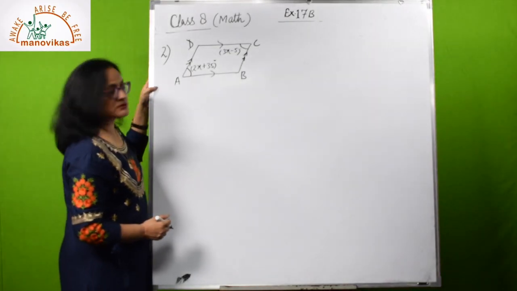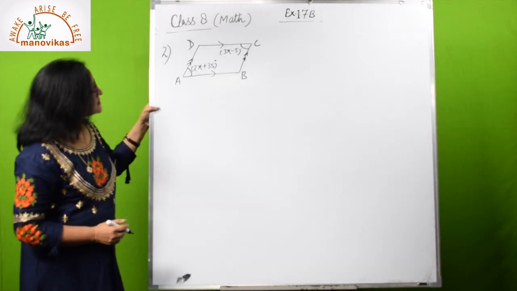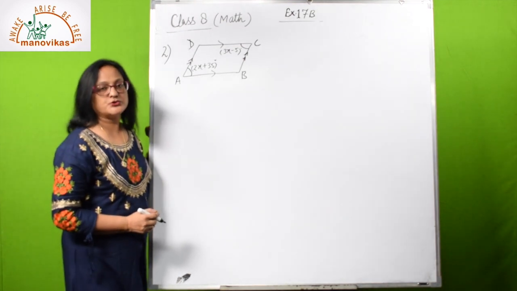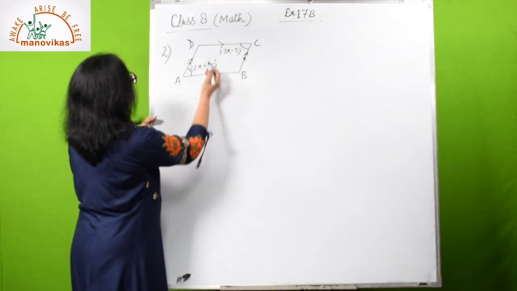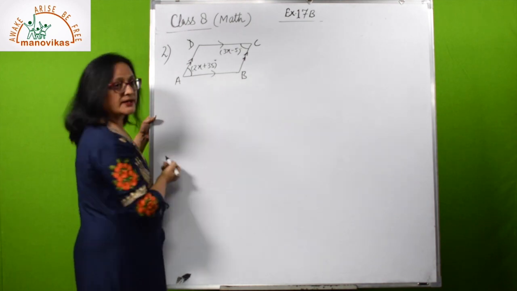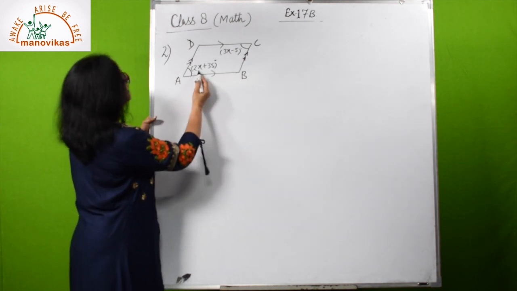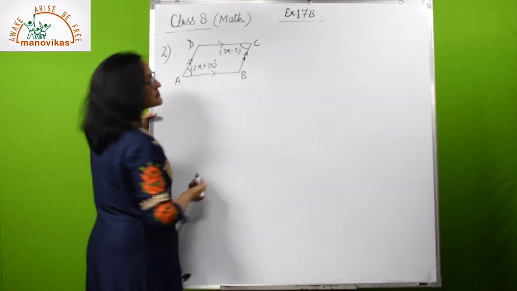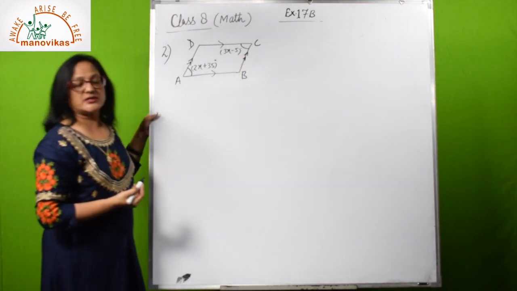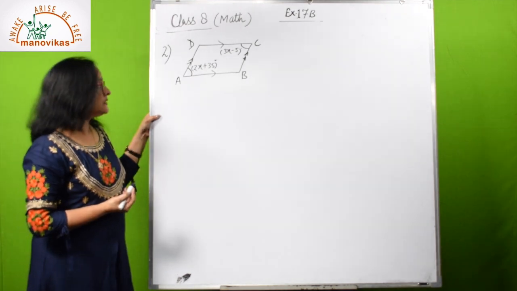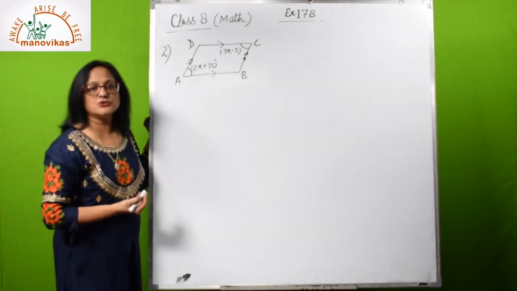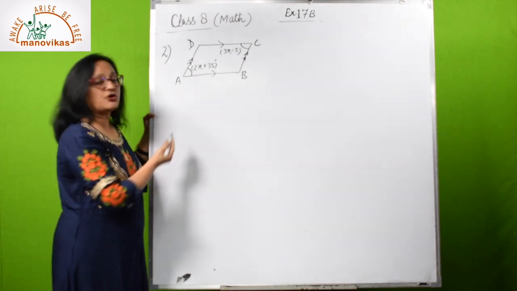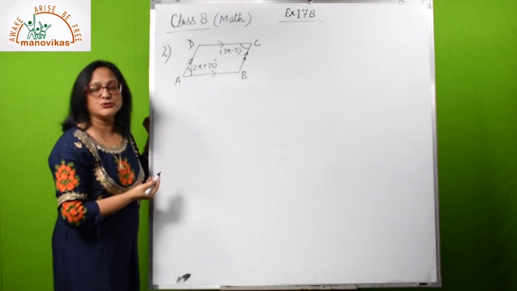Now this is the second question, another type of question: when the angles are given in variable form, then what to do? So in this figure you can see ABCD is a parallelogram. You are given angle A as 2x plus 35 degree and angle C is equal to 3x minus 5 degree. See children, when you are given the angle in variable form, then you should try to find the property of the angles that can be used.